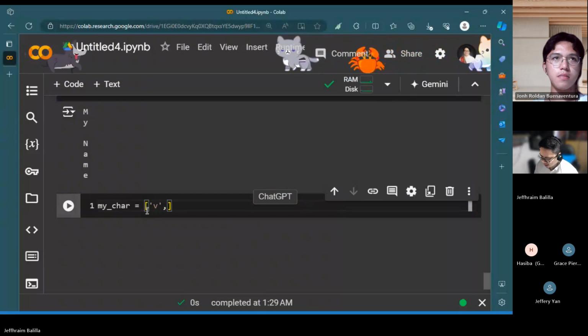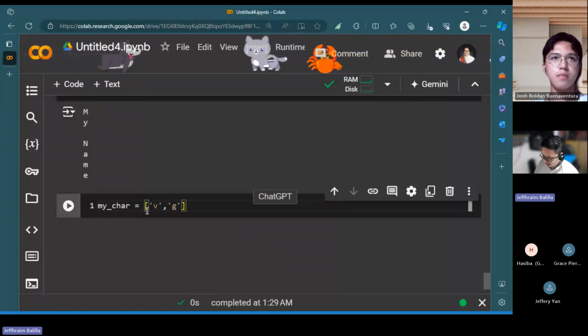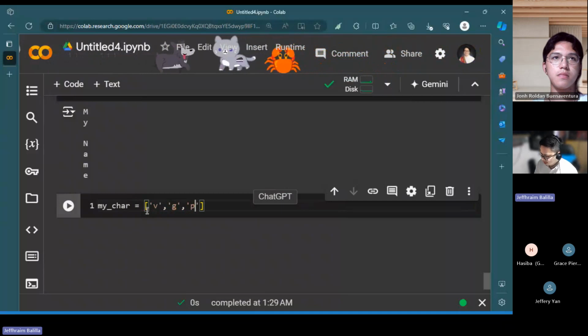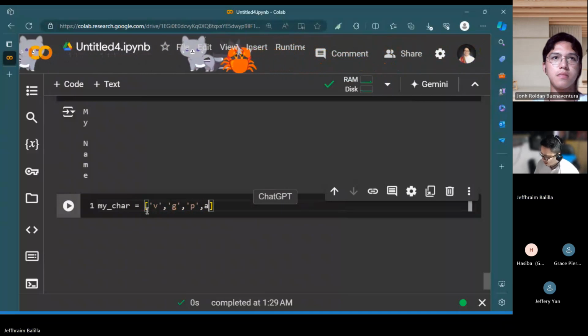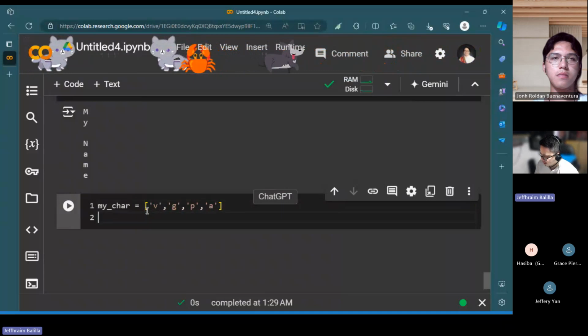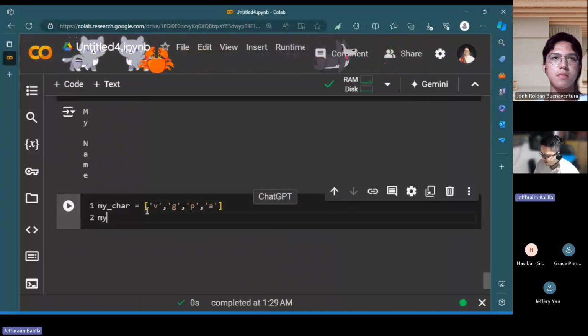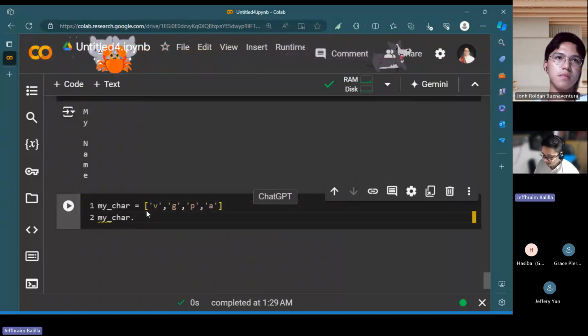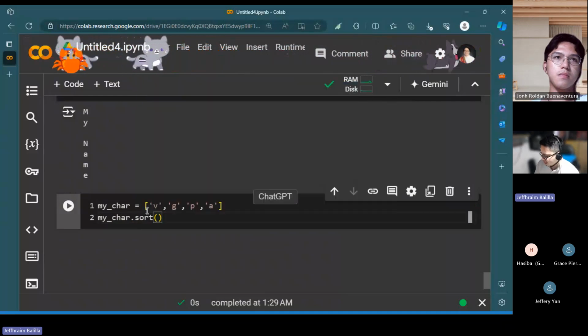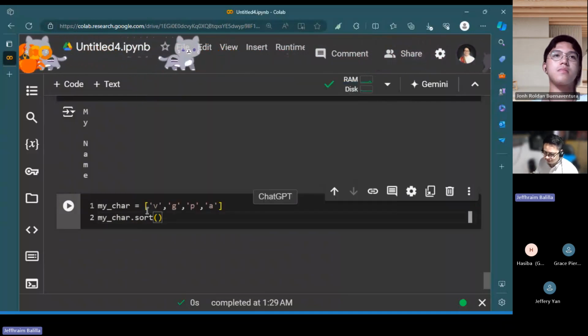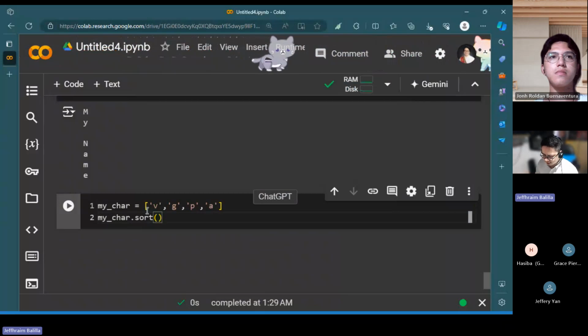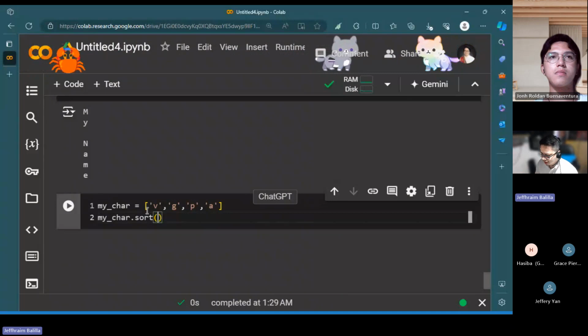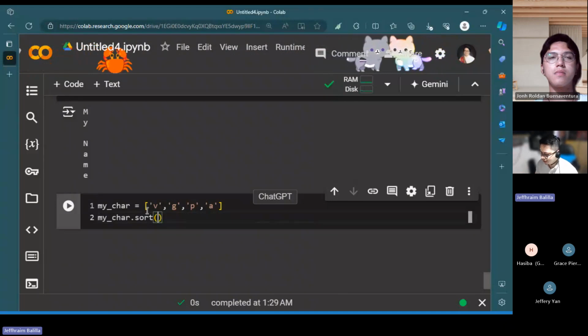I'll not have the same thing that we had earlier, but in principle they should be the same. And after that, I'll be applying this method that I know would sort it by default from the lowest to highest if it's a number, or alphabetically from A to Z, if I don't put any argument to say that the reverse would be true.